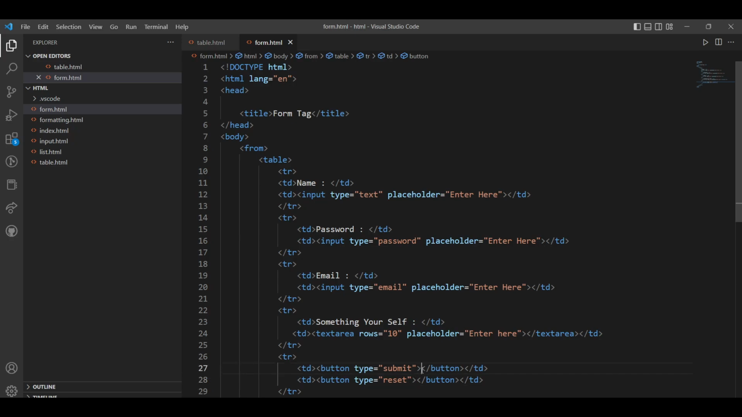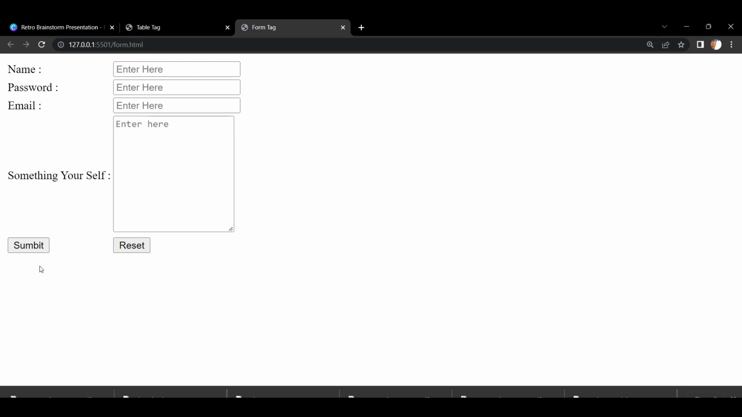And here we need to insert the name of the button, so we'll use submit. You can use anything, and here my button name is reset. Control S, and go to my pages, and you can see here one is the submit button, here is the reset button. If I enter data, here I enter anything, aggregate